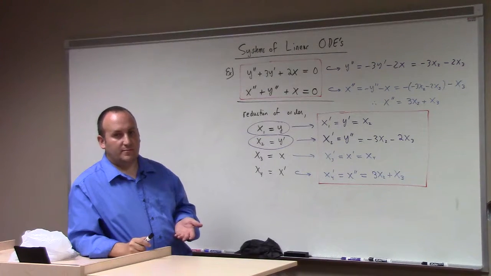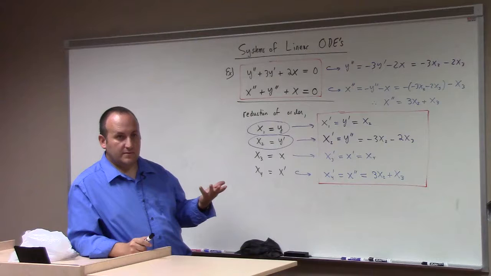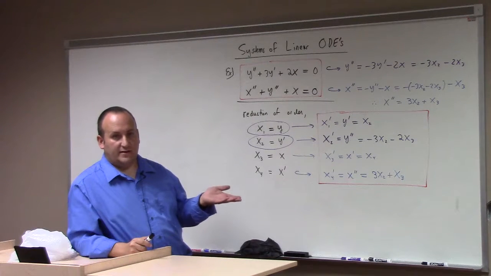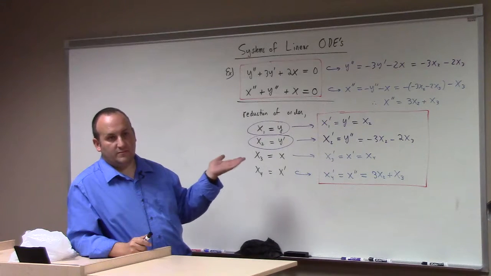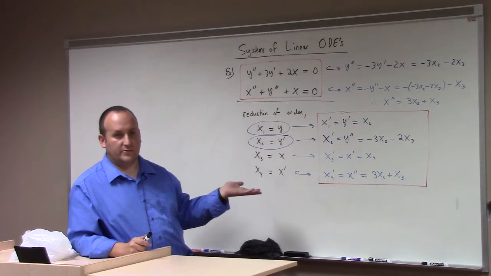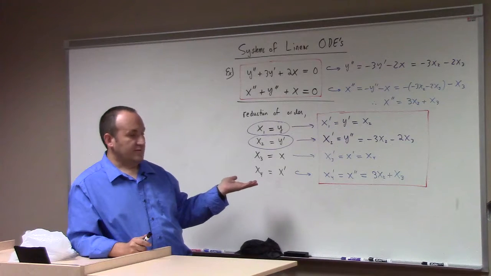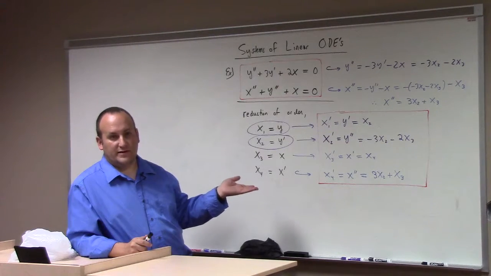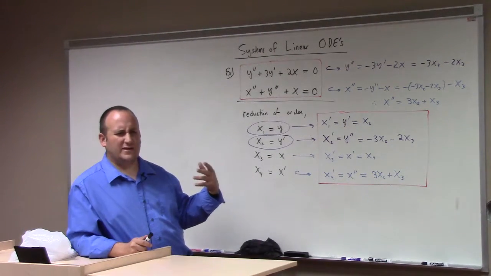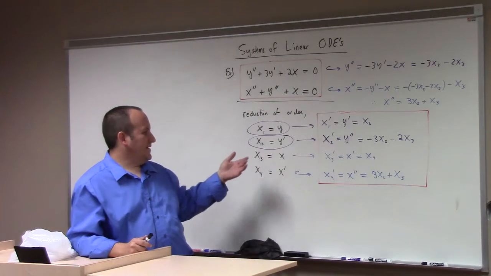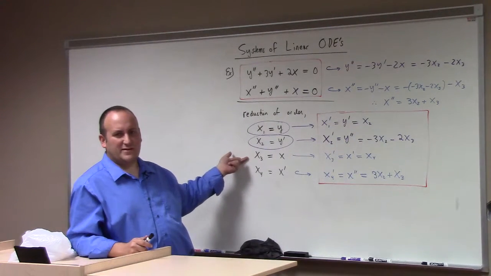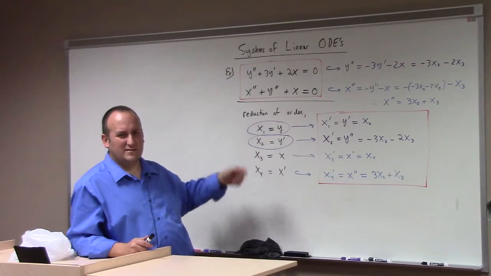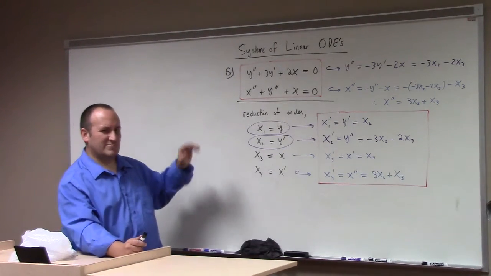You can always play this game, introduce variables for the first and second all the way up to n minus 1th derivatives, and you can use those to reduce the given higher order differential equations to lower order. In particular, you can always reduce it to a system of first order differential equations like this. The system's not unique, but there's a clear way to do it. Because the non-uniqueness is clear, right? Who said x1 was y and x3 was x? You could have relabeled them. There's various other quirks of this, but